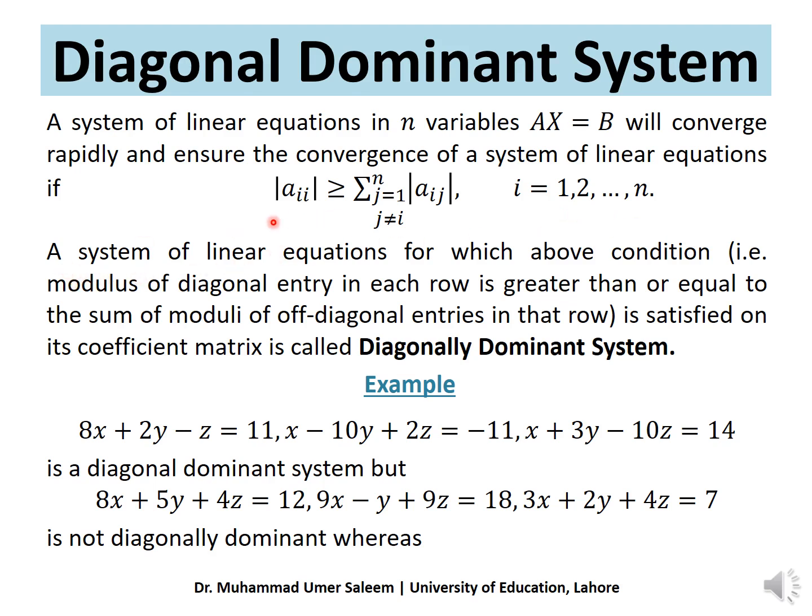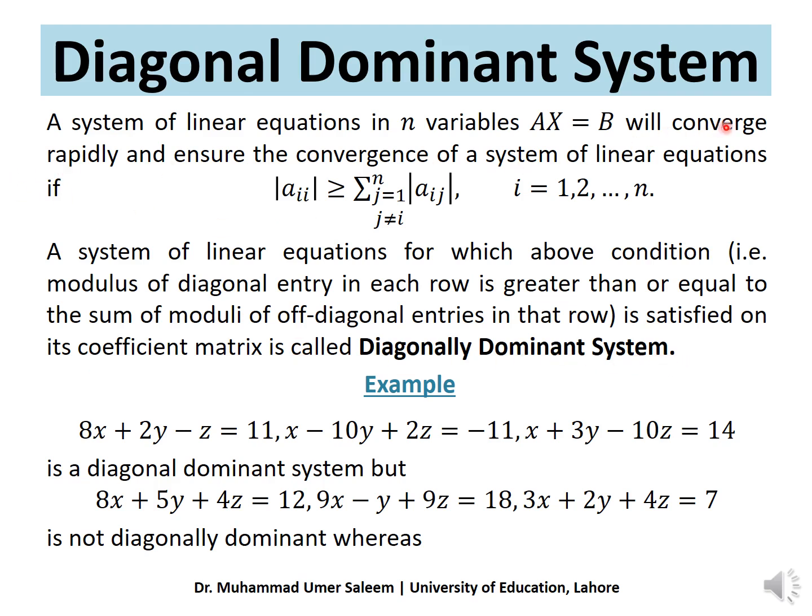So what does this actually mean? A system of linear equations for which the above condition holds. What is this condition? The modulus of the diagonal entry in each row is greater than or equal to the sum of the moduli of the non-diagonal entries in that row. If this condition is satisfied on the system's coefficient matrix, then the system is called a diagonally dominant system, and diagonal dominance